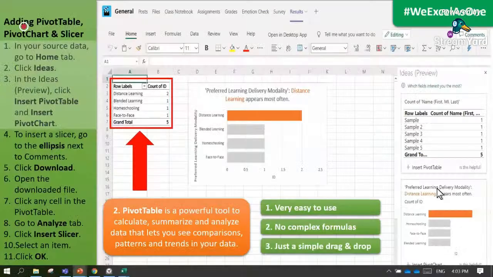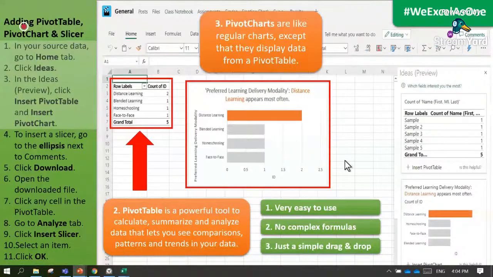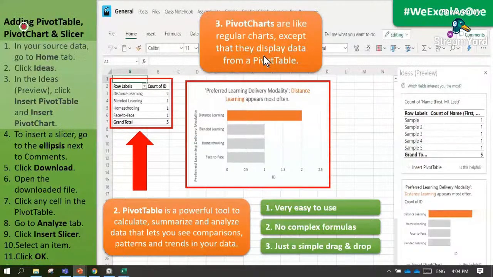Another is the other one, the chart. This is what we call the pivot chart. Like regular charts, the pivot chart is the same, except that it displays data from a pivot table. Meaning to say, the data here in the pivot chart is connected to the data shown in the pivot table.